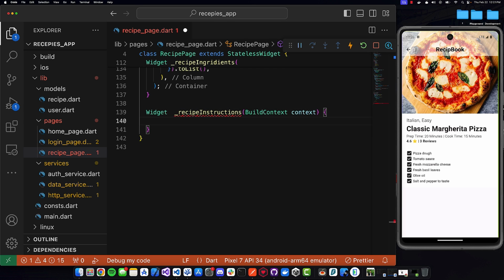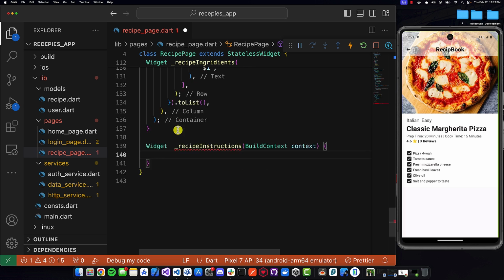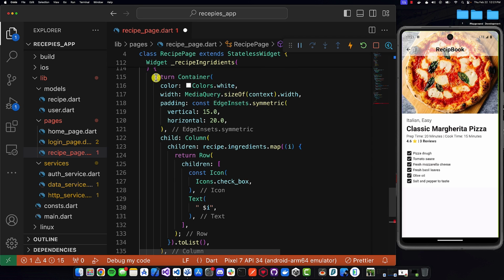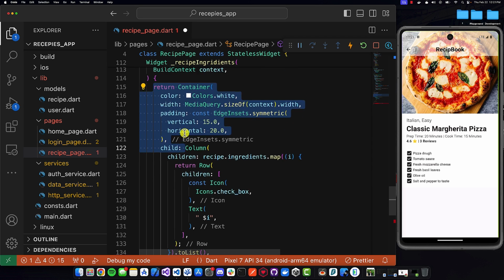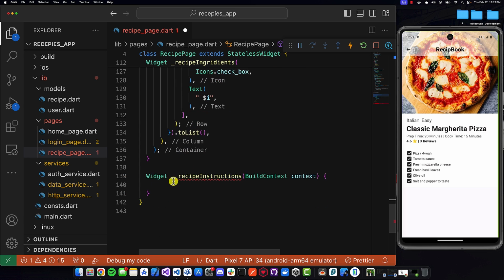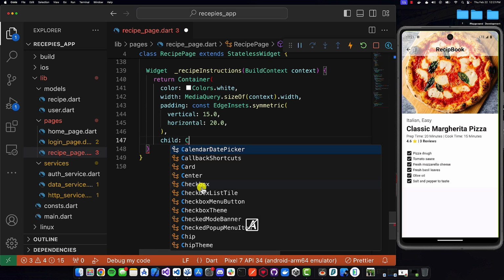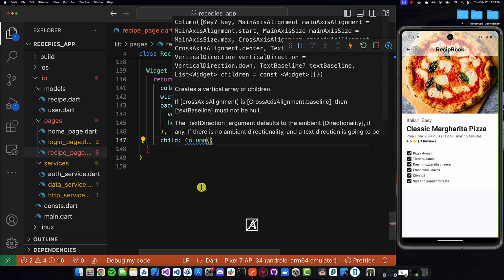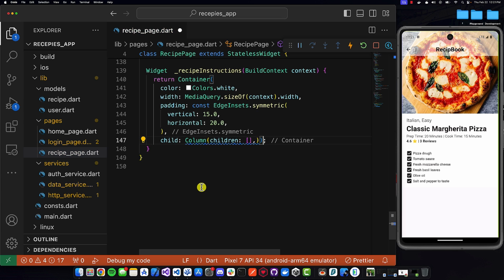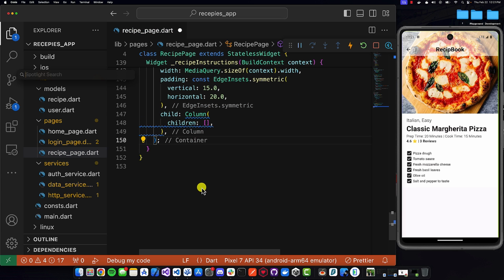Within this, what I'm going to be doing is similar to what I've been doing before, return a container. So let me copy the code from the actual recipe ingredients function and paste it here. And then the child for this is going to be a column like so, and it's going to have a children's list, which for now is going to be empty. And then I will add the remaining brackets and the semicolon and do command save just to make sure that